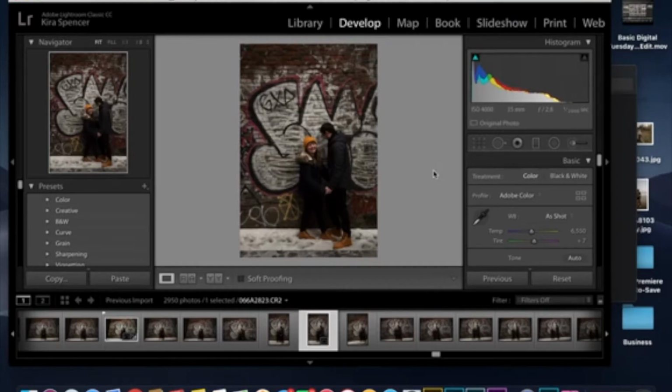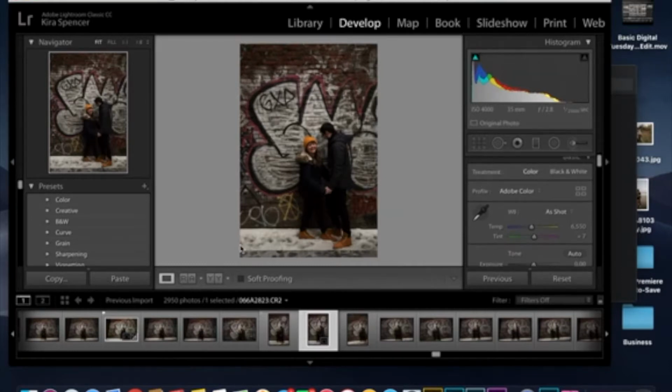And so this is totally straight out of the camera. There's nothing that I've edited about this photo. If you see SOOC, that acronym stands for straight out of the camera. Okay? So if you come over here, really what I would do is I would come down to my presets,